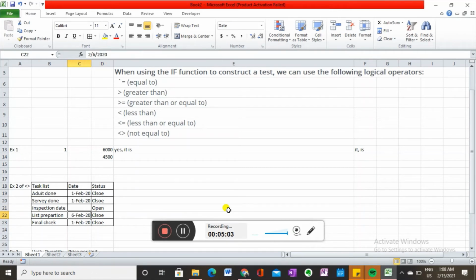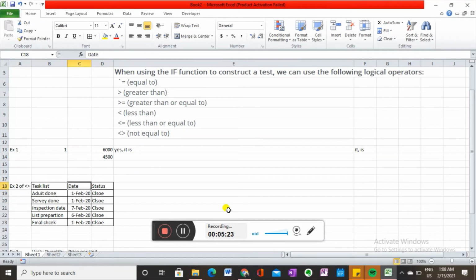If you fill it with a date like this, it is closed. So it is very simple.